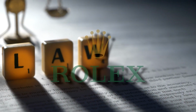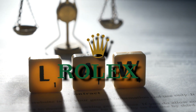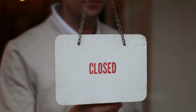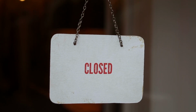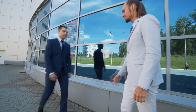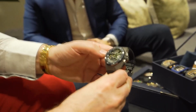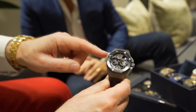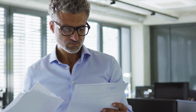Next fact that may seem a little bizarre to you. Rolex has the authoritative right to be the sole repurchaser of the timepieces they allocated to the ORJ or AD, which means that if a dealer wants to go out of business, stop selling Rolexes, quit, or go bankrupt, they can't sell those pieces to third parties or out in the market. This is how Rolex keeps such a tight grip on the market and doesn't let these pieces go shooting out into the secondary market. Rolex would then have to purchase them back. If an authorized dealer sells them to a third party, which they may,